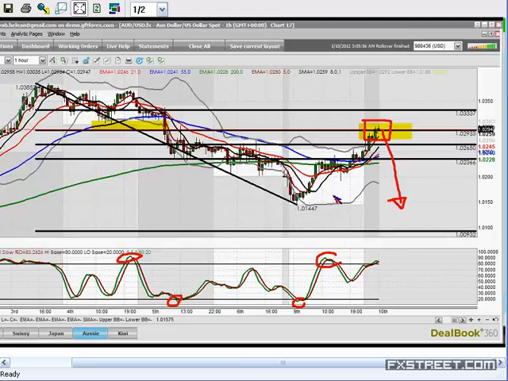So what you might want to do is you might consider, in a zone where you think it's going to get short, if you're a few pips away from it and you cannot wait for the confirmation, you might decide to put a pending order up there and say, you know what, I'm going to put an order at $1.03 and I'll put a 50 pip stop on it. You might have to lower your lot size a little bit. I'm going to put a 50 pip stop on it and I'm going to go to bed.